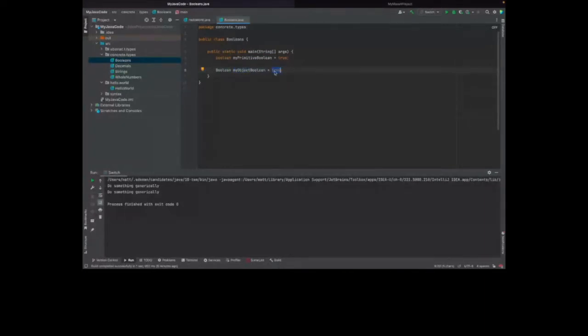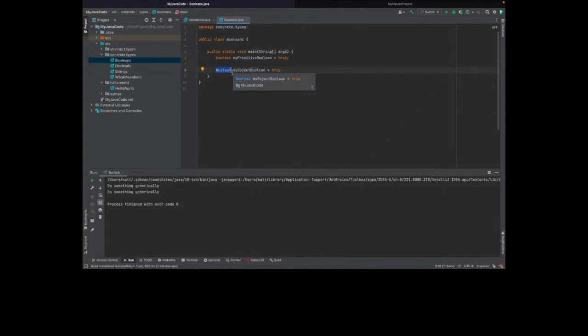The difference here between a primitive type and a Boolean object type is essentially that the primitive type is going to be much smaller. The amount of memory it takes up is tiny. I think in the case of the primitive boolean variable, it only takes up like 1 bit of memory, i.e. a single 0 or 1 in memory. Whereas an object Boolean is going to take up a lot more memory. I think it's like 4 bytes or something.